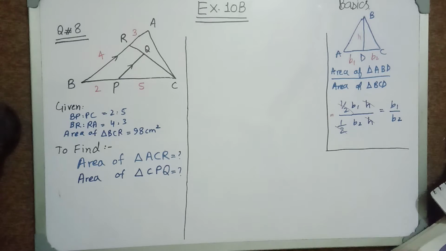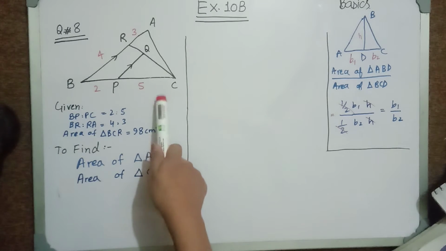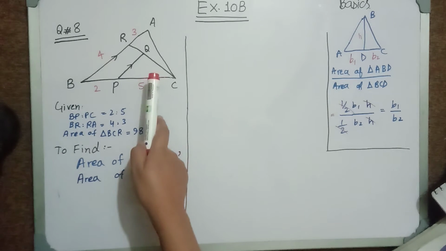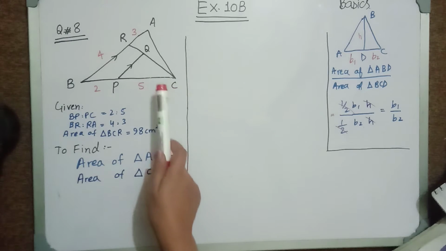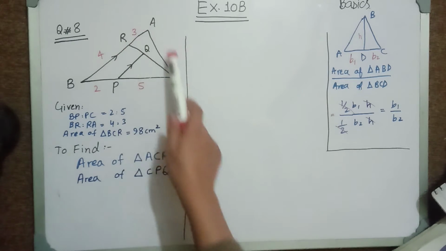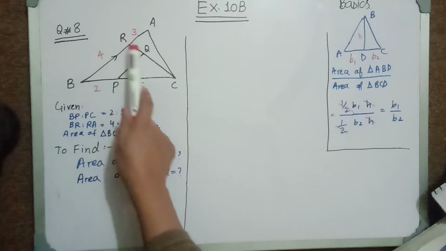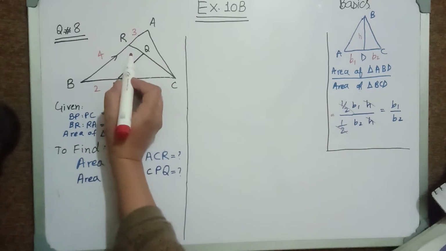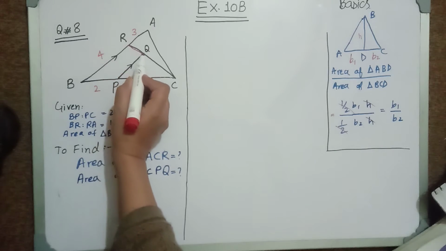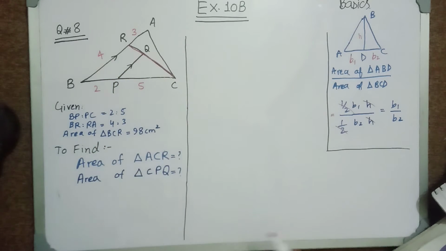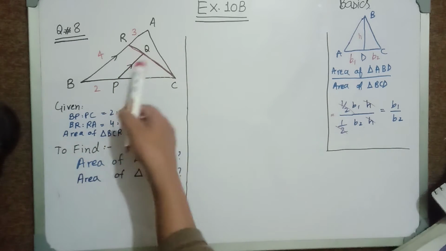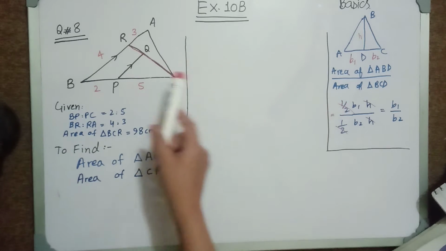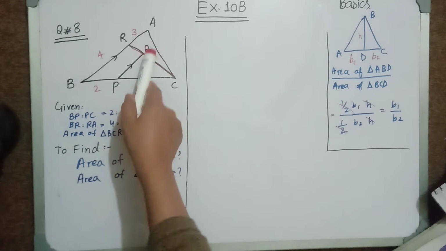Now if we check the given triangle in our question, in this case if I look at the triangle RAC and triangle RCB, both of these triangles are sharing this common height RC, right? So I can apply this formula over these two triangles.